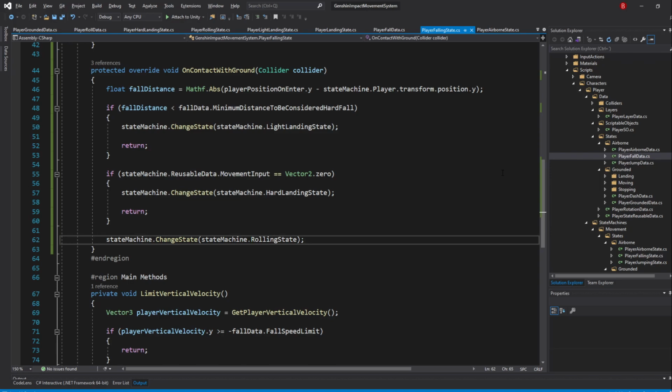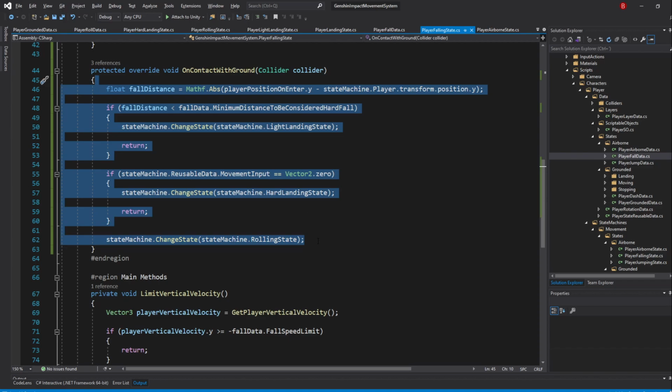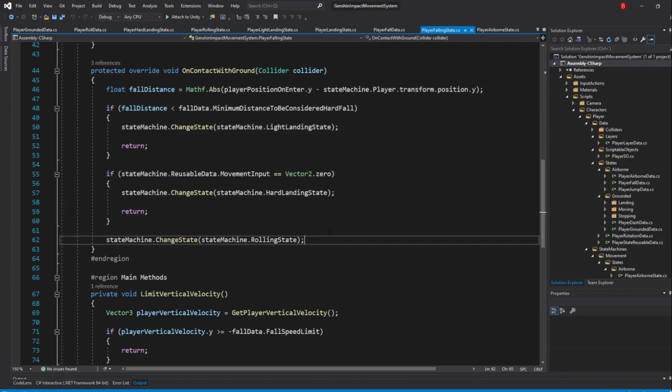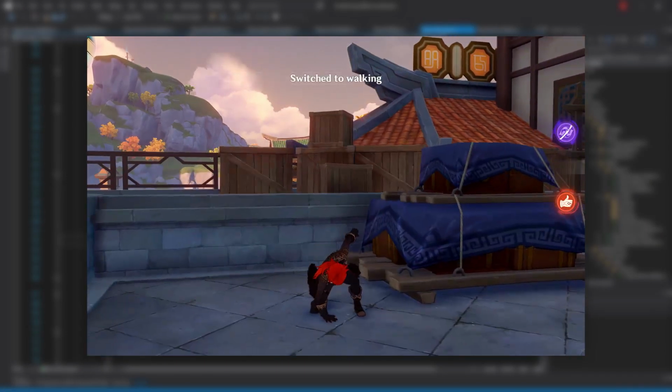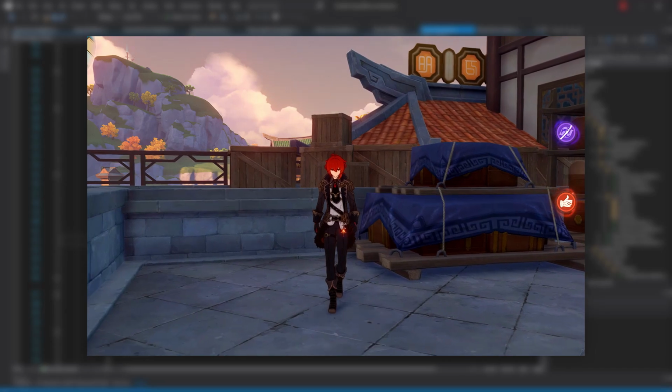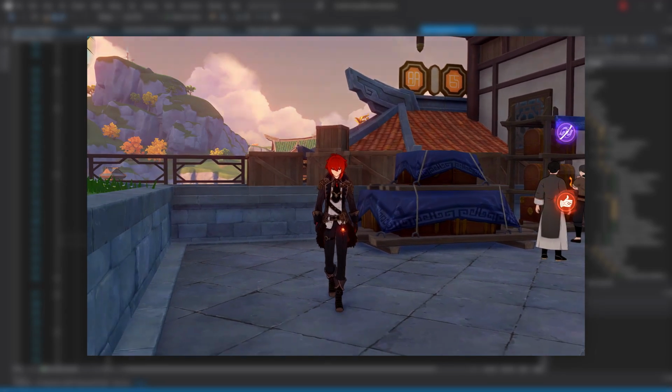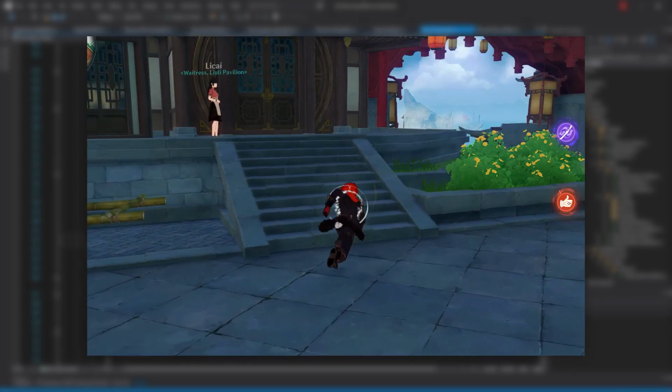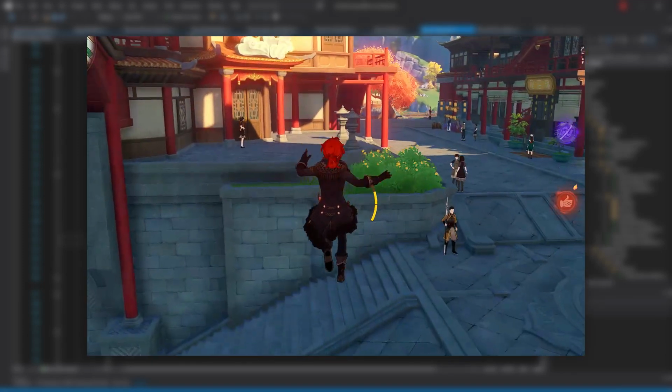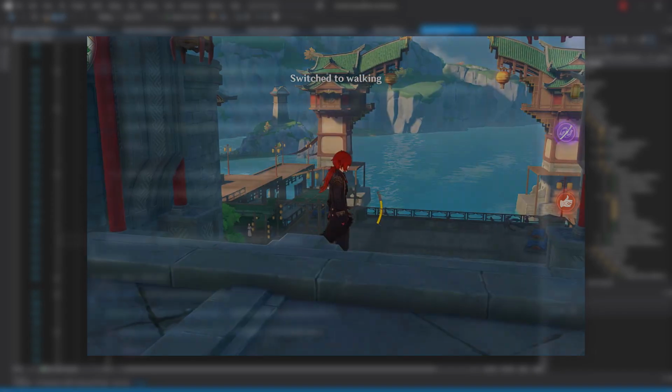With this, our landing states should now be working. As a tip, if you wanted to add fall damage to your player, this will likely be the place for you to do it. Now, regarding our transition to the landing states, in Genshin, if we have the walk toggle on, we'll not be able to transition to the rolling state. However, that's only true if we are not sprinting. If we are, then we'll be able to transition to the rolling state.